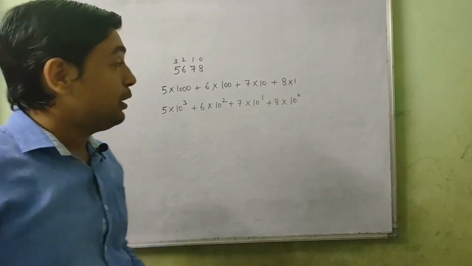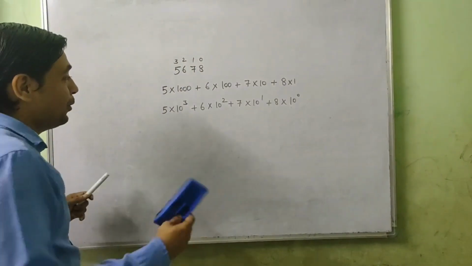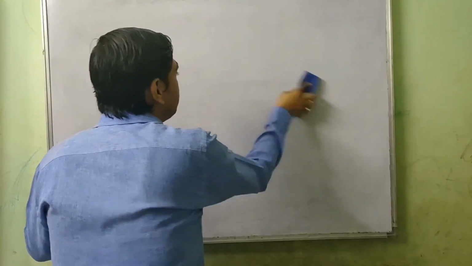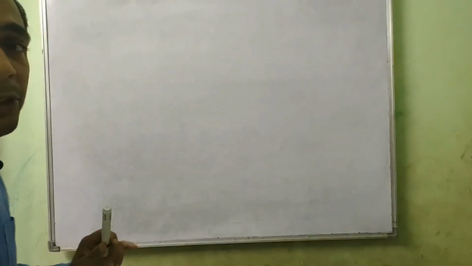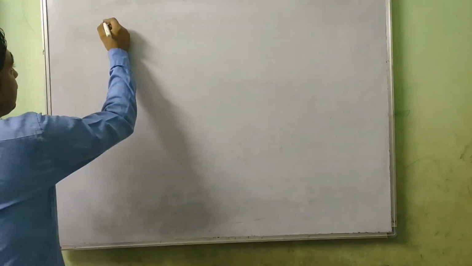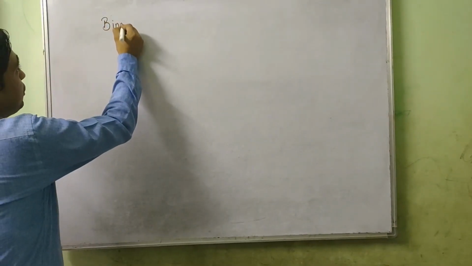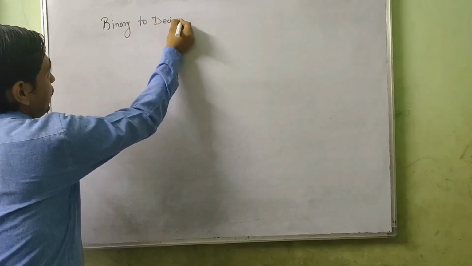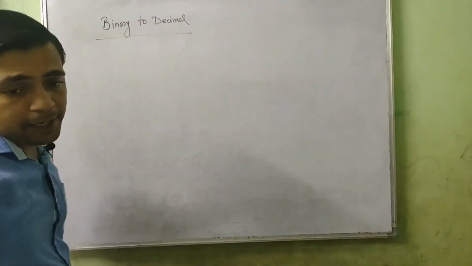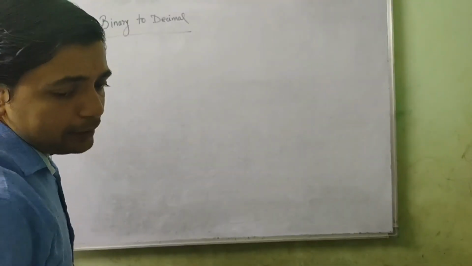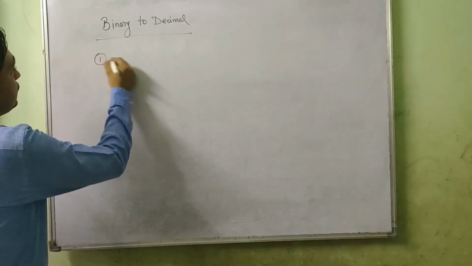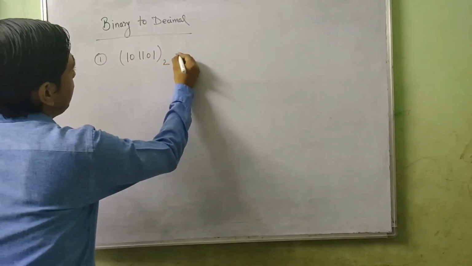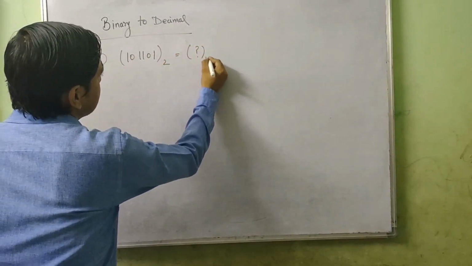Why am I telling you this? I know you all know that, but this is the same principle that we are going to use to convert a specific number system back to decimal. For example, if we are converting a binary number to decimal, let's see how we are going to do that. Let's take the binary number 101101. This is the binary number, and you have to convert it into decimal.